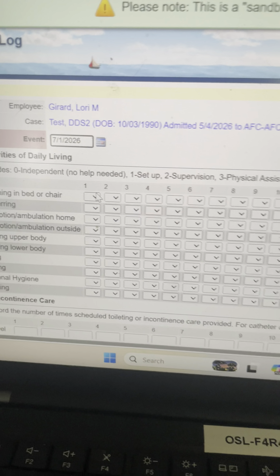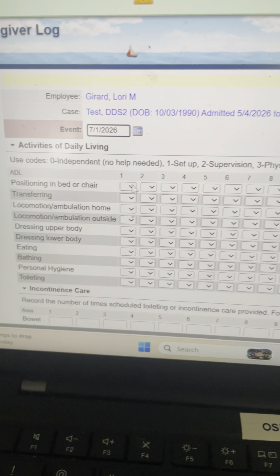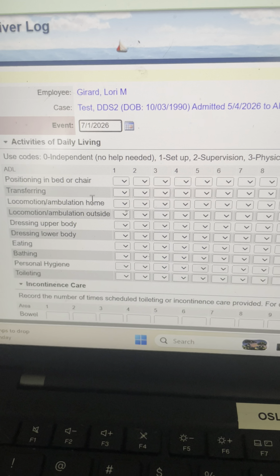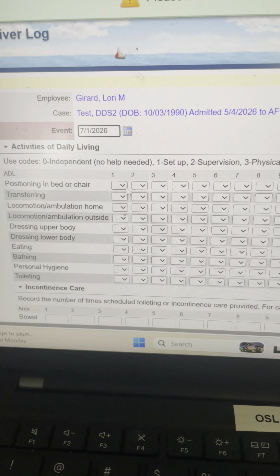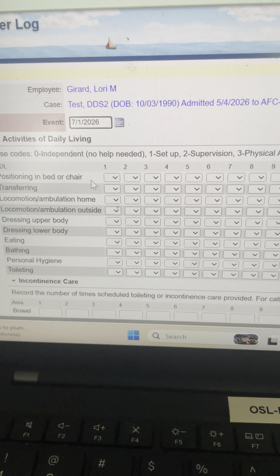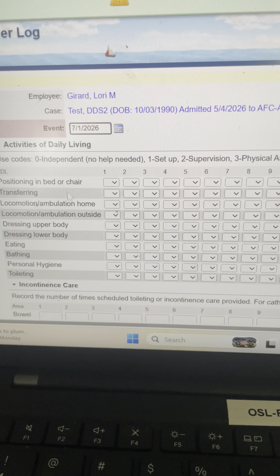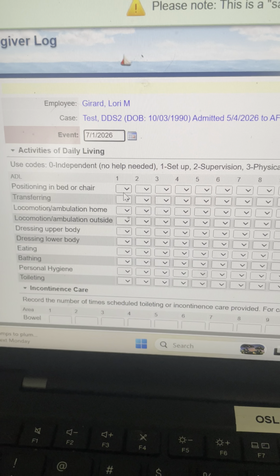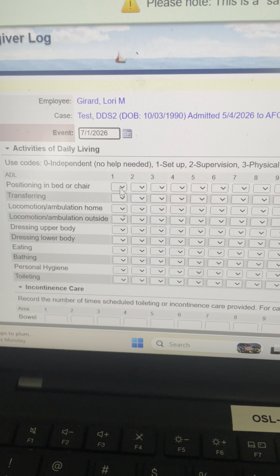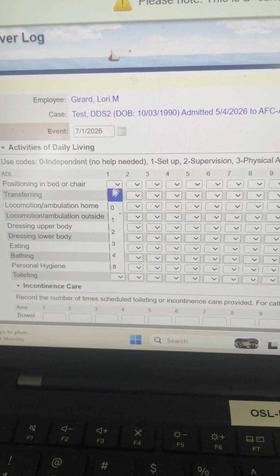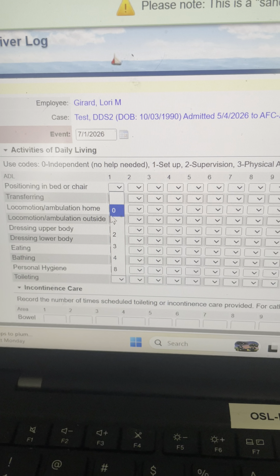This is just like the paper care log. All of the ADLs are the same as they appear on your care log on paper. Just for illustration purposes, I'm going to do the first 3 days of the month for the first 2 ADLs. Positioning in a bed or chair. This person needs no assistance. So I can either go to the 0 here,